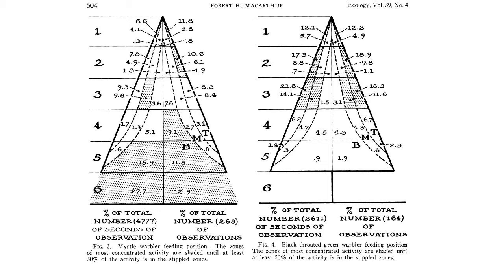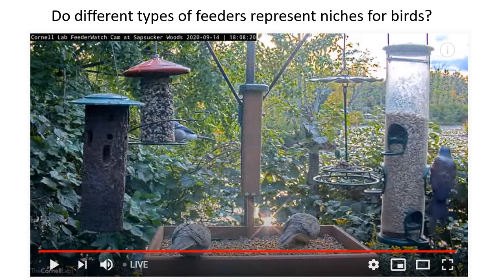And so MacArthur argued that this is a way of partitioning that niche space, partitioning the niche so that the species don't compete directly. So what you're going to do in this lab is a similar thing to what MacArthur did, but on a little more basic level, in that we're just going to watch the foraging of birds